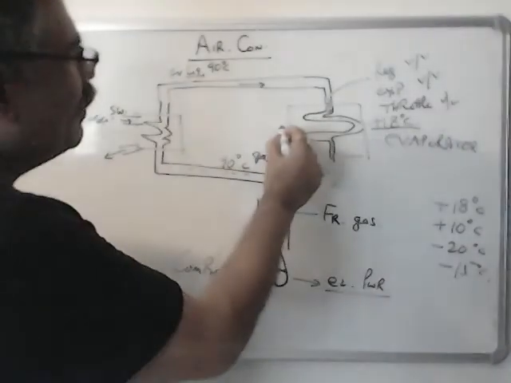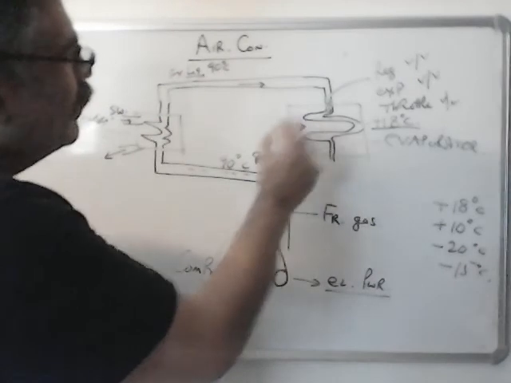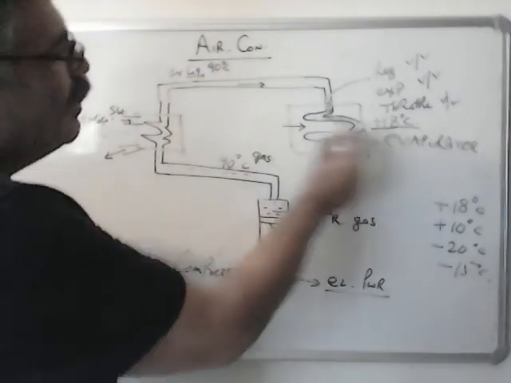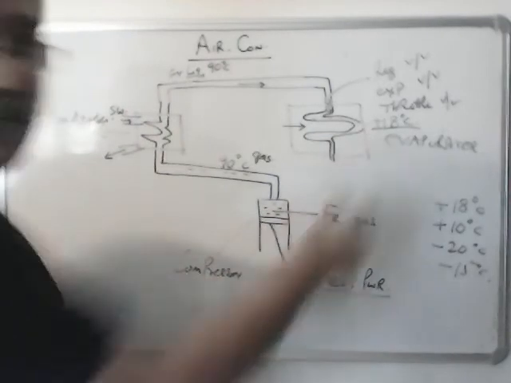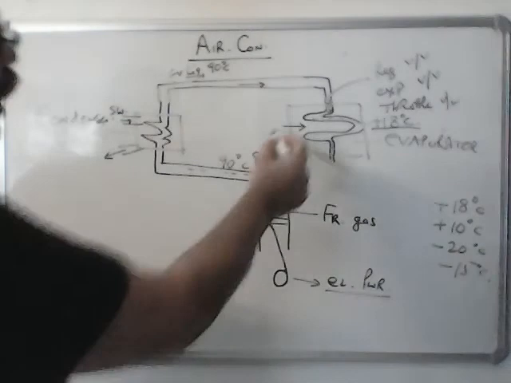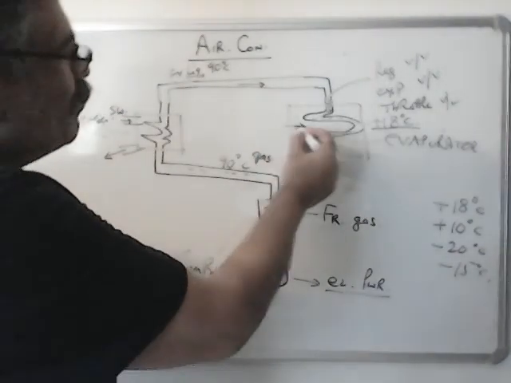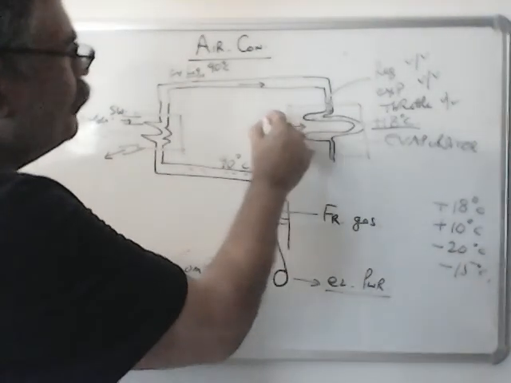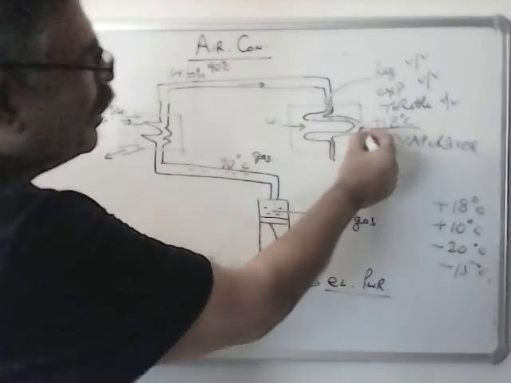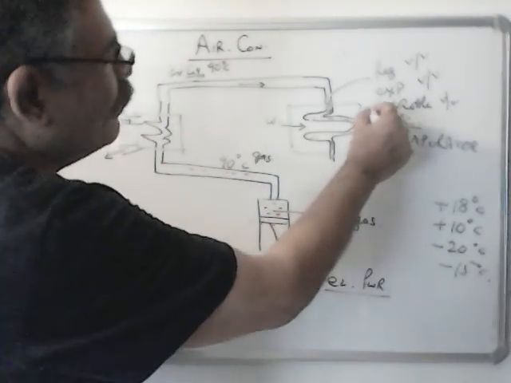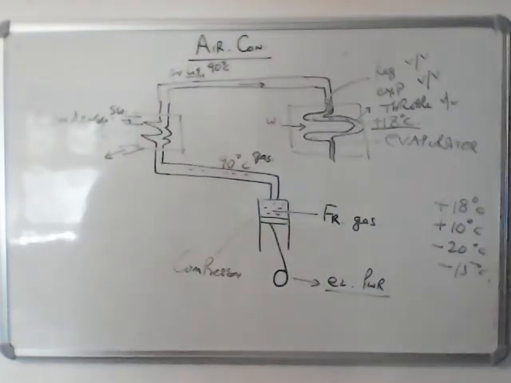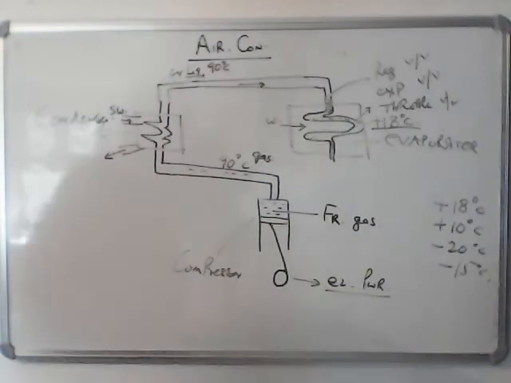Now if you have a fan here, this fan, now this gas becomes plus 18. So these pipes, also called evaporator pipes, also become cold. And if you have a blower here, a fan, as soon as this warm air comes in contact with this cold pipe, it becomes cold. And then this air is directed to your central air conditioning blowers in various rooms and you get air conditioning.